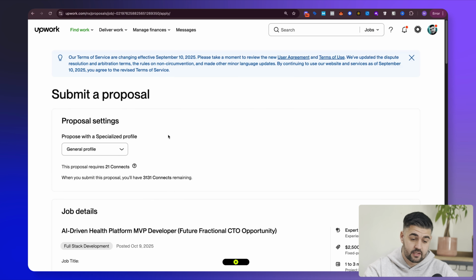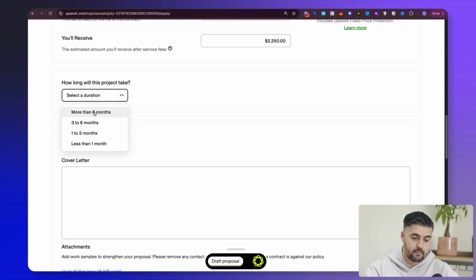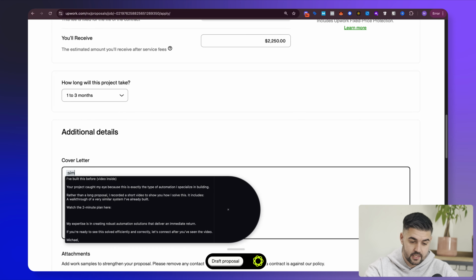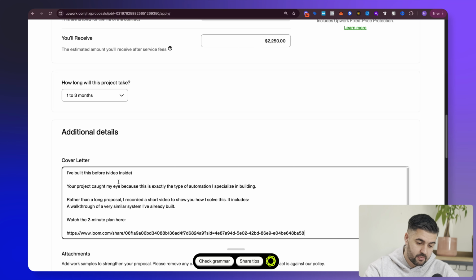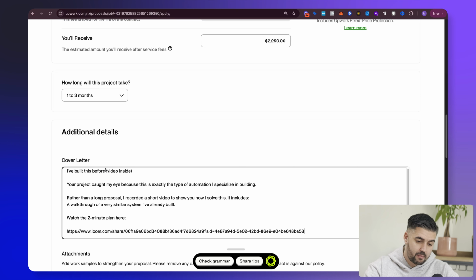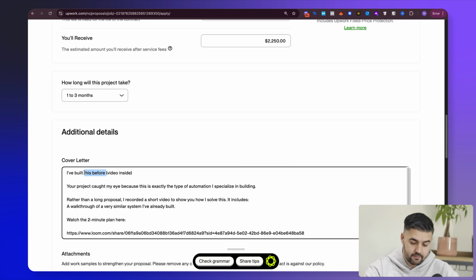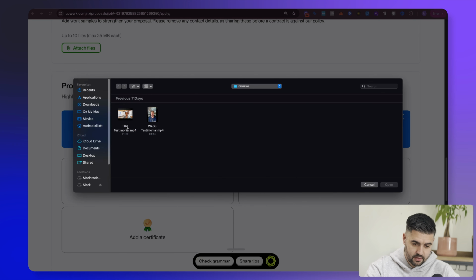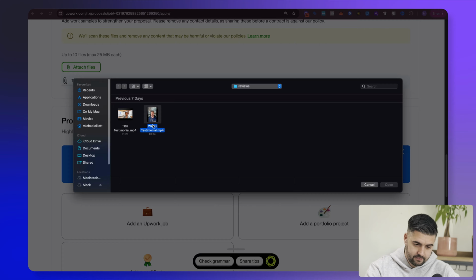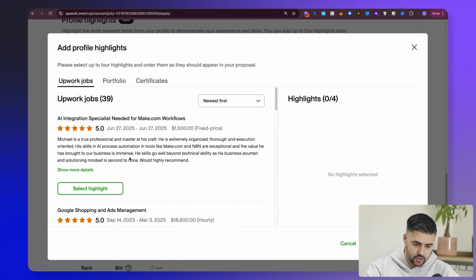I know that my approach and my templates get responses, so I'm going to use exactly the same one. I've built this before video inside, so I'm going to change that first. Similar before, because I don't want to say that I've built exactly the same thing before inside of here. Attach files, add Upwork job,